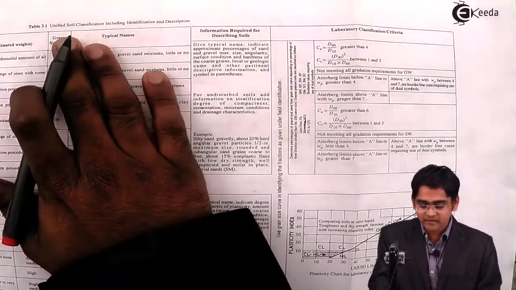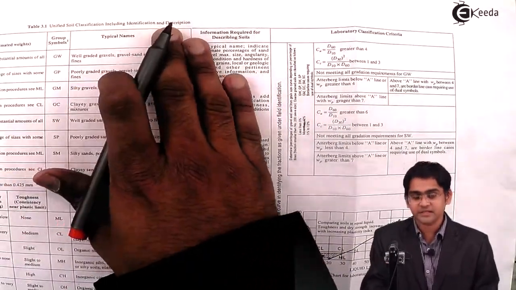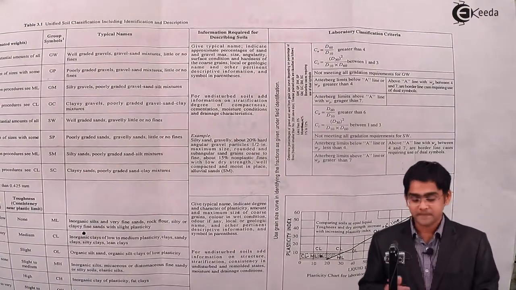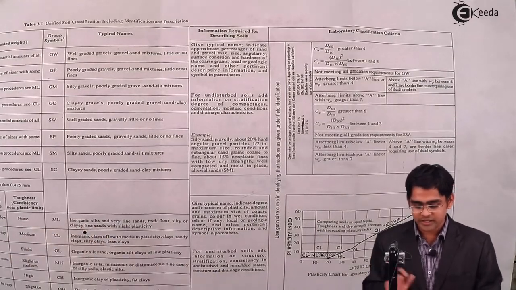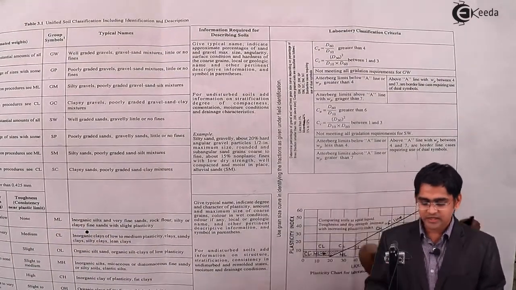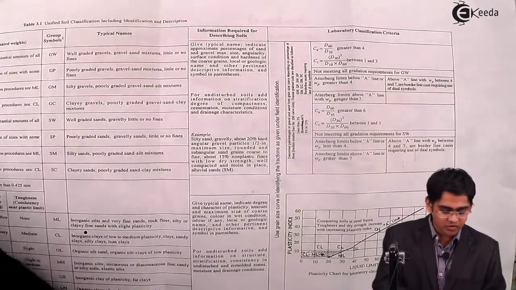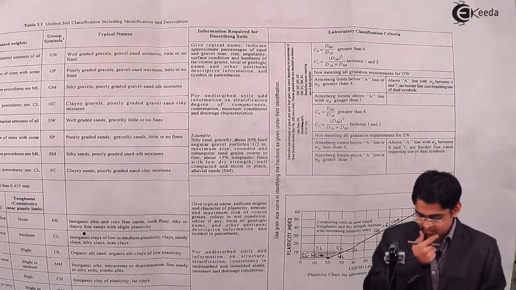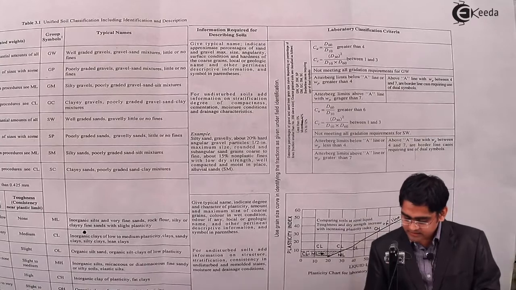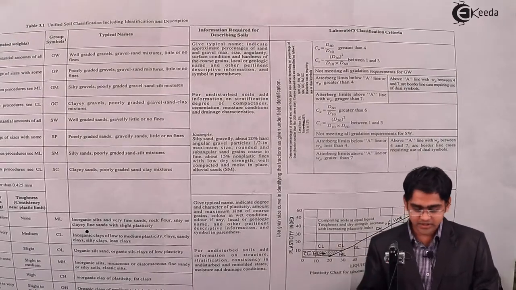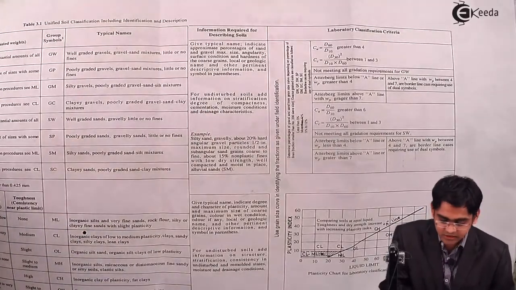Since the Indians have adopted this soil classification system as it is, but with modifications, the same meaning has continued for the Indian soil classification system as well. So for the Indian soil classification system as well, you need to use a grain size distribution curve for coarse grained soils and plasticity chart for the fine grained soils. But here we will see this plasticity chart, but before going to it, we must see this particular coarse grained soil,